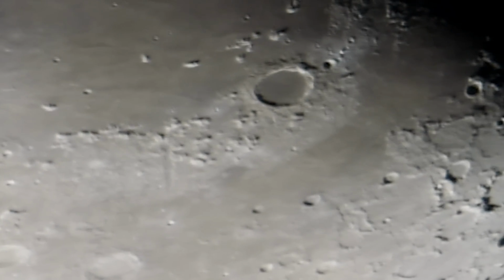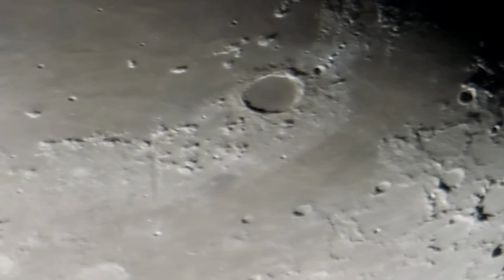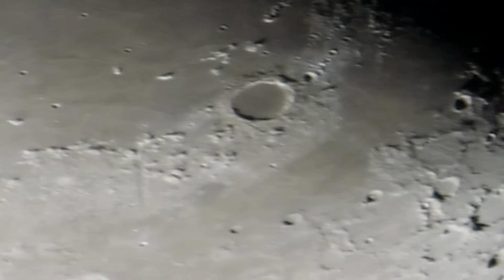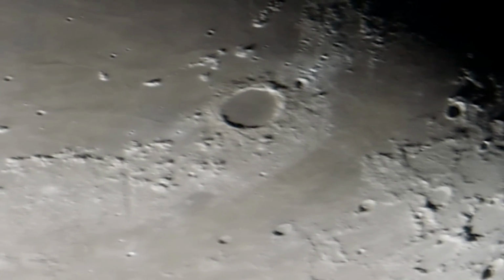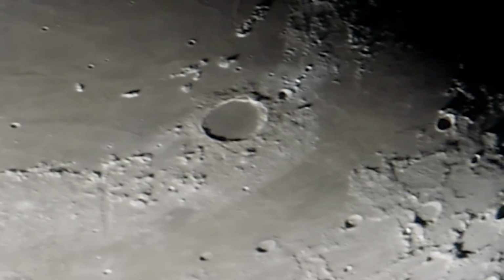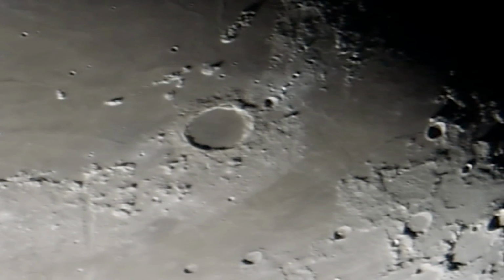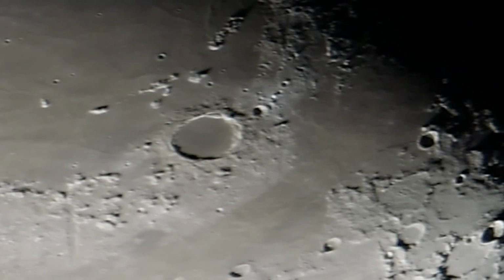It's not very easy to judge the distance, and of course the distances and the numbers I'm giving you are what science says, what NASA says for dimensions. I mean, how can I give you any other dimensions? But we all must agree that the moon looks closer, right, than they say. That's okay, we can say that. But